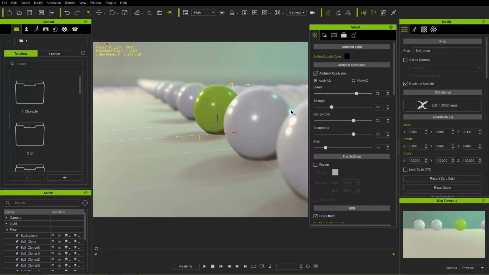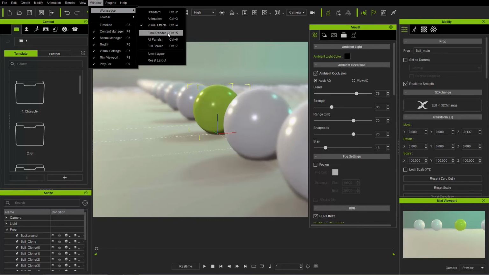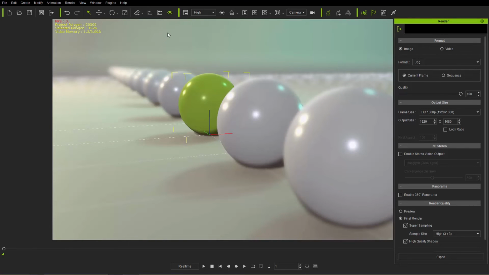So when you've done all your animation and stuff, or maybe in the middle of it, you want to tweak your scene appearance, your lighting, or your shadows and stuff like that, this is the workspace that you'll normally want to use. Okay, and there's also a mini viewport there as well, and your Scene Manager. Okay, Window Workspace, and there's also the Final Render one. Okay, so this is when you want to have a nice, big view of it.